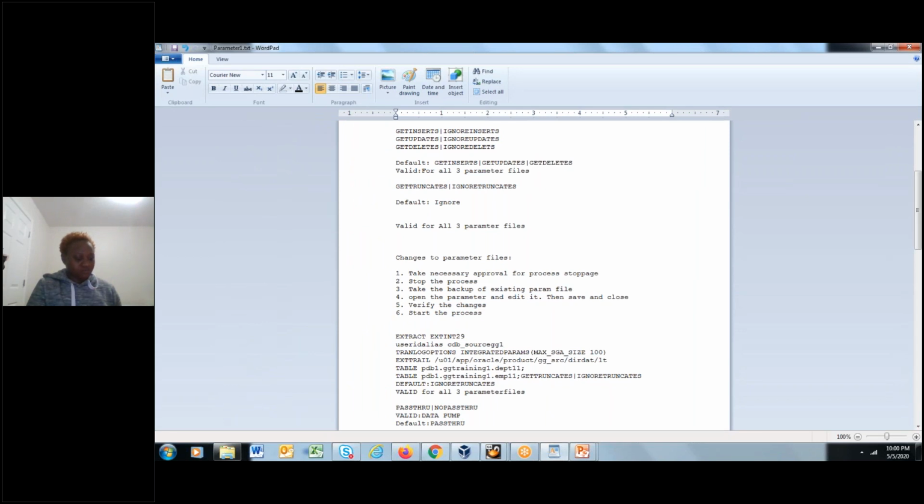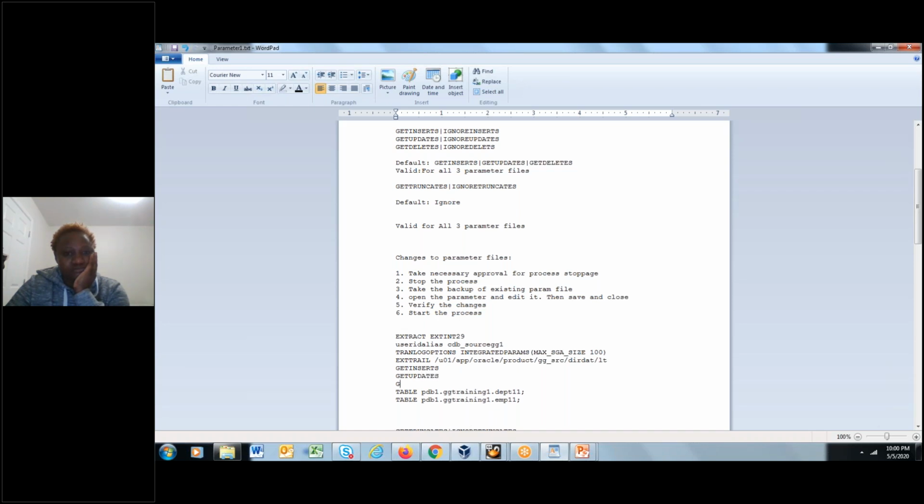This parameter file basically looks like this: get inserts, get updates, and get deletes. So even if I include or I don't include these parameters, they remain. So the parameter file looks same, or the functionality remains same if I do this or if I do this, because these are the default parameters.